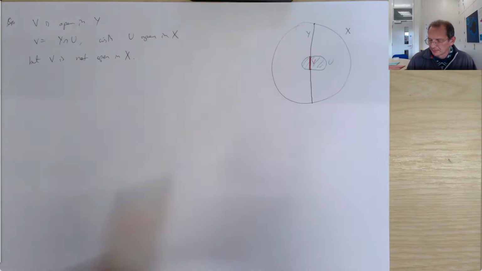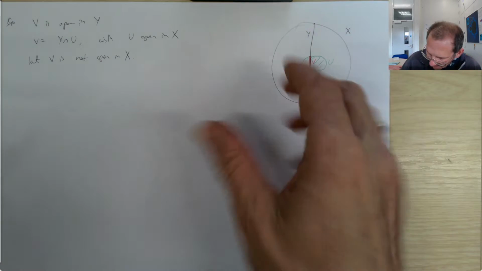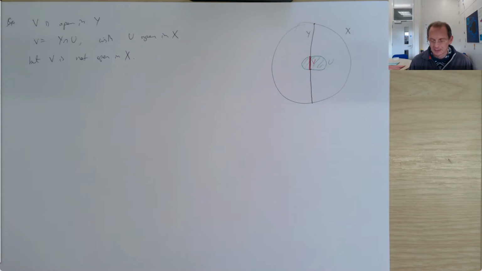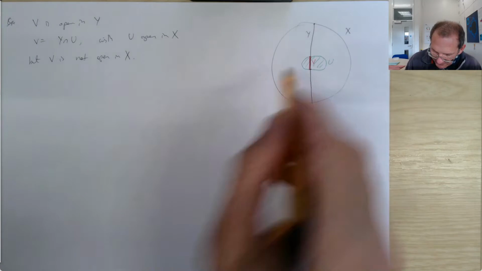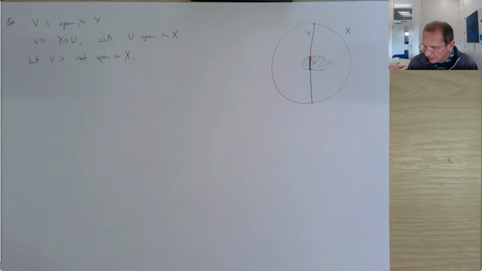Say that, in this kind of situation where X is just part of a plane, an open set has to be a union of small disks, but there aren't any disks contained in V. V is not at all open. So that's what you might think of as a typical situation,